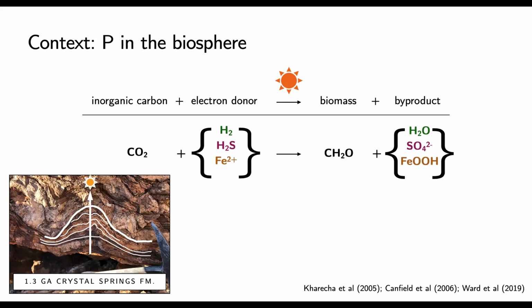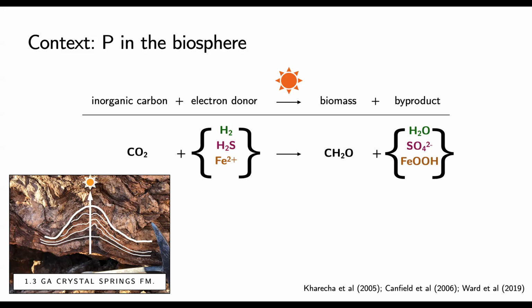I'm showing here just one of the reasons why we know this metabolism's been around, and that is the prevalence of stromatolites, so these sedimentary features that show sediment trapping and growth towards the sunlight source, indicative of phototrophy. This one's from the Death Valley area that's mid-Proterozoic, but we can find these at least 3.5 billion years back, if not earlier in Earth history. So we know that there's been phototrophy going back to the early Earth, certainly through the Archean.